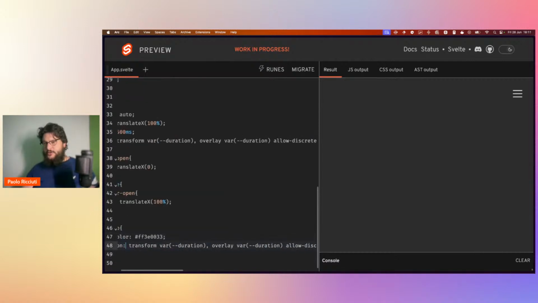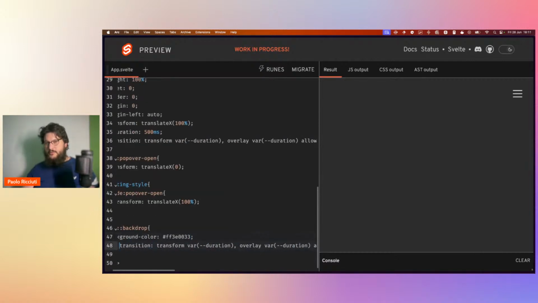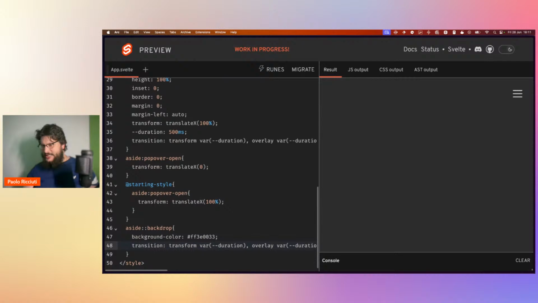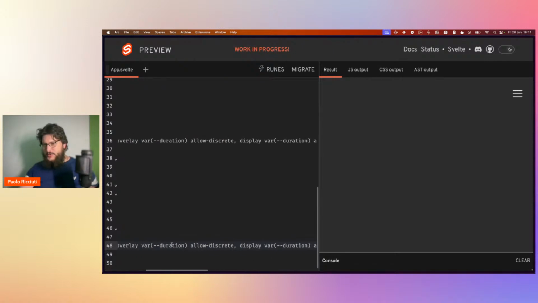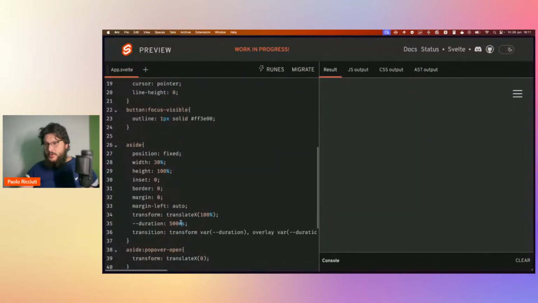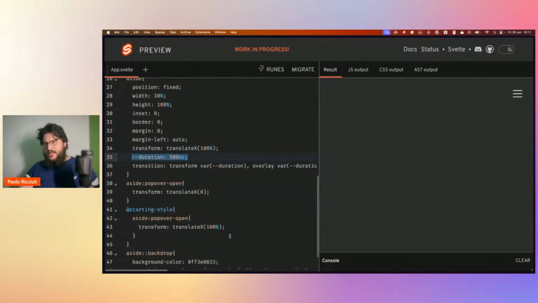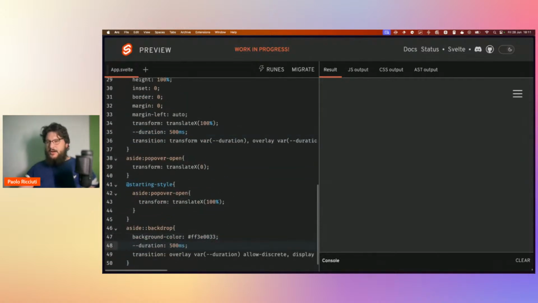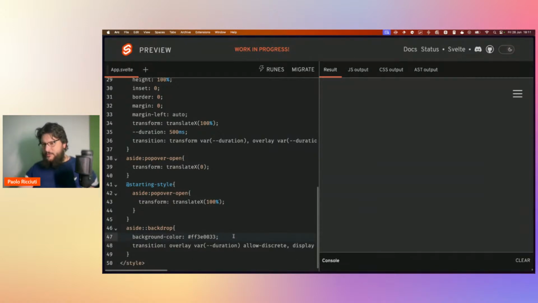If I transition from, and I don't know if you have access to the duration here, but I think if you transition overlay and, let's see, not, because you don't have access to the duration. This is something that people are, no, okay. So we might need to do something with